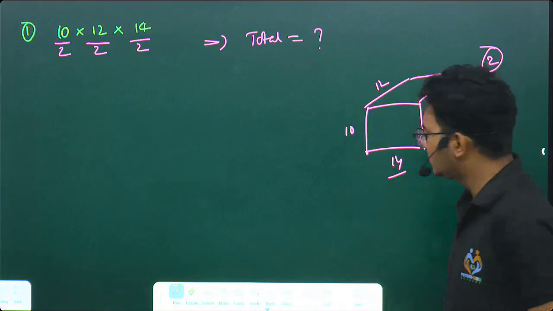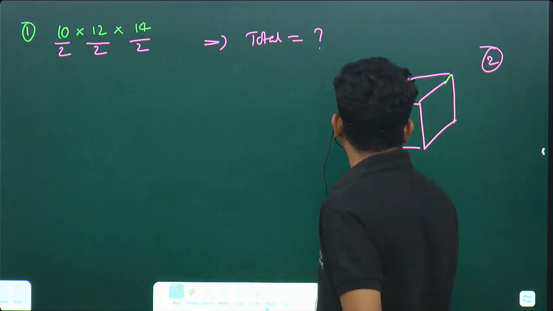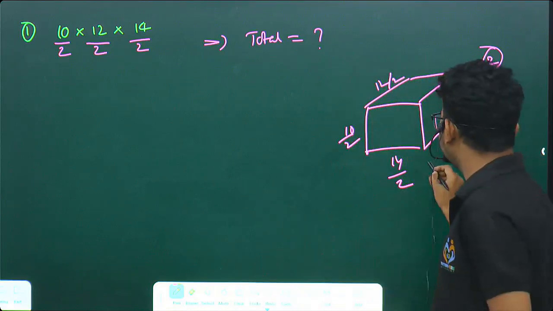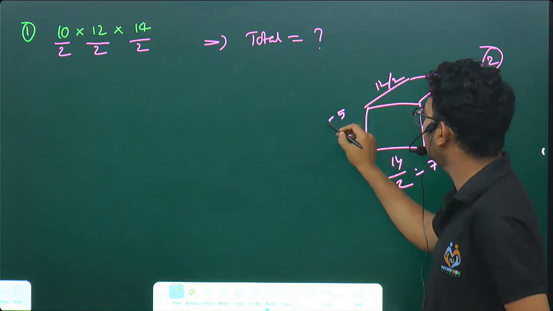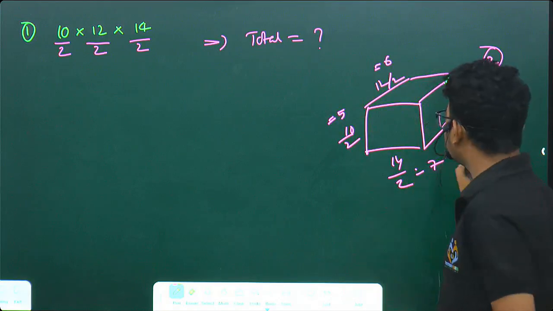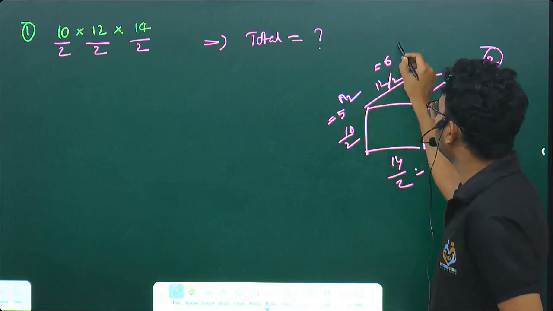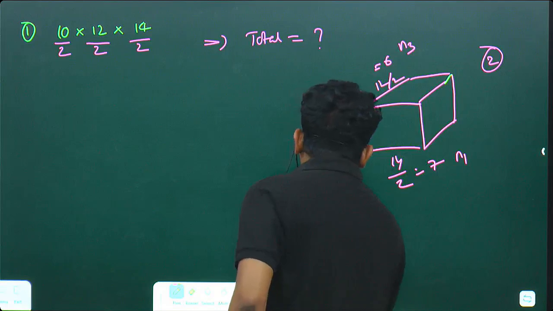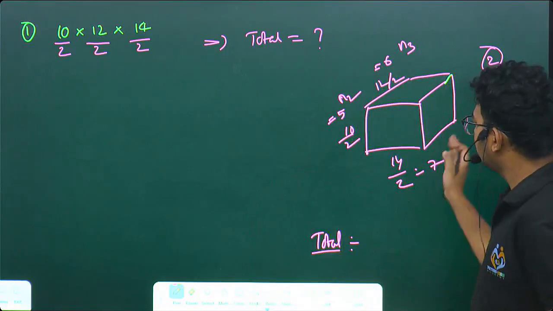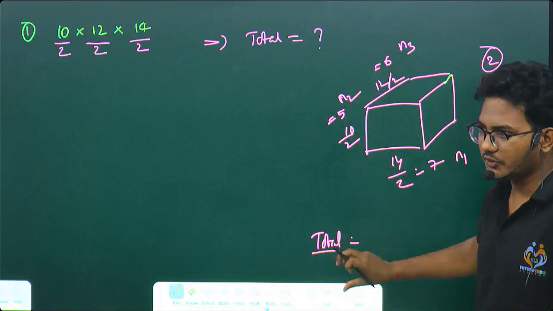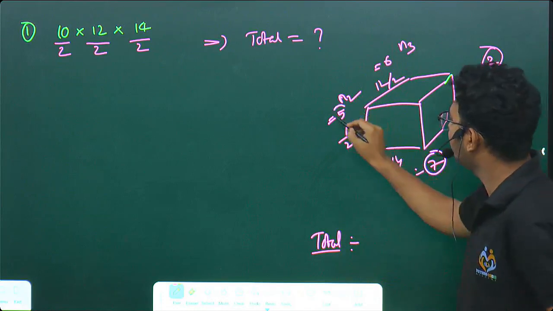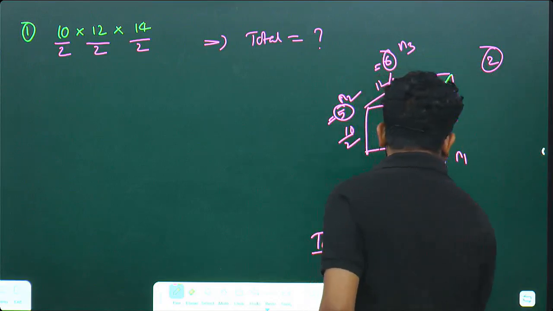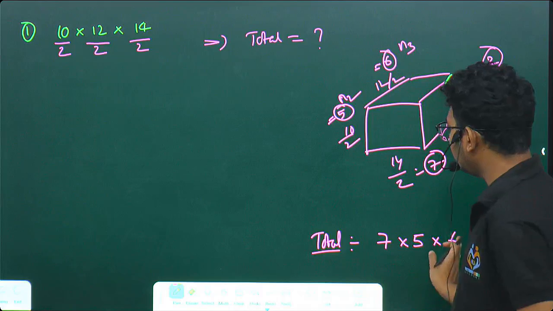Okay, let's keep this 2. Now, see, here you will divide this with 2, this with 2, and this with 2. Now you will get 7 here, 5 here, 6 here. So I'll take these as n1, n2, n3. Now if somebody is asking me for the total, before it used to be 3, 4, 4, 4. So I have made 4 cube, but now this is 7, 5, and 6. So 7 into 5 into 6. Okay. So 5 6 is 30, 3 7 is 21,